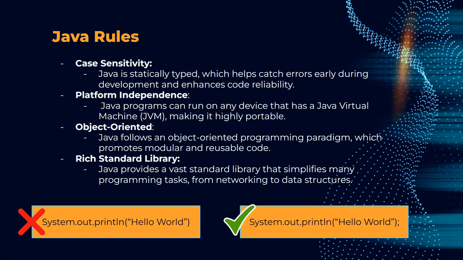Let's look at an example. Shown below are two very similar lines of code. The one on the left says System.out.println("Hello World"). It essentially says to print the statement Hello World on a new line as the output. Though this will give you a syntax error because there's no semicolon at the end of that line of